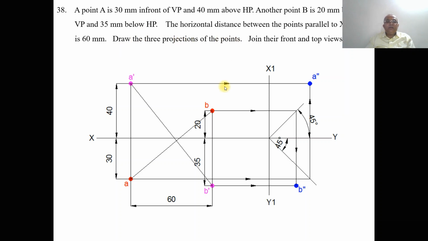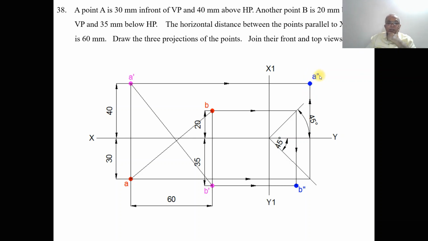Draw the three projections of the points. First we're going to take the point A. You take any convenient distance from the last projector, which is B, and draw a vertical line and mark this point as X1, Y1. Now the top view of A is below XY line, so you draw a 45 degree line adjacent to that point. Then project the top view point A onto that 45 degree line, and where you have the front view, you project the horizontal projector from A dash to the side view, and then you project the point from the 45 degree line vertically upwards, and both are going to intersect at this point.